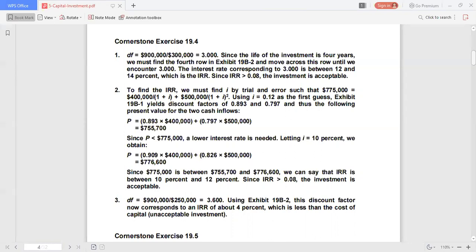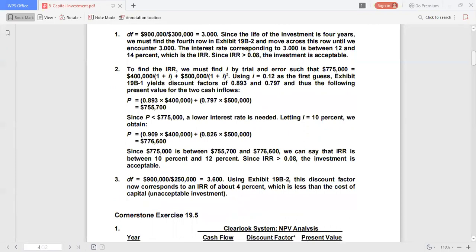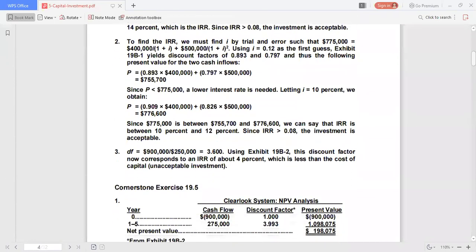Requirement number 3, what if the cash flows for the first investment were 250,000 instead of 300,000? So, if your investment in requirement number 4 is just 250, then that is your number 3. You involve a factor that's 3.6 and you look for it, it's about 4%, which is less than the cost of capital, that's 8%. Now we have